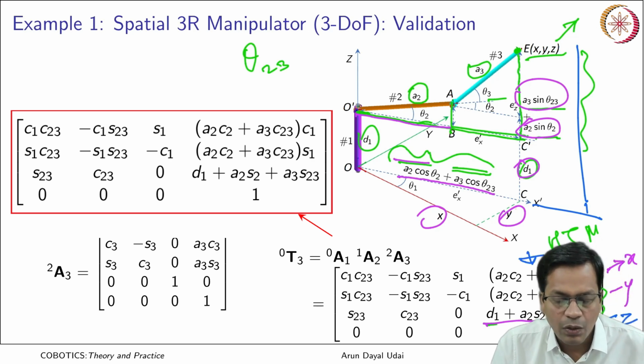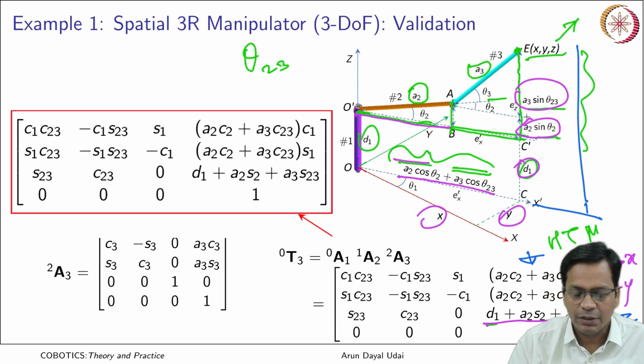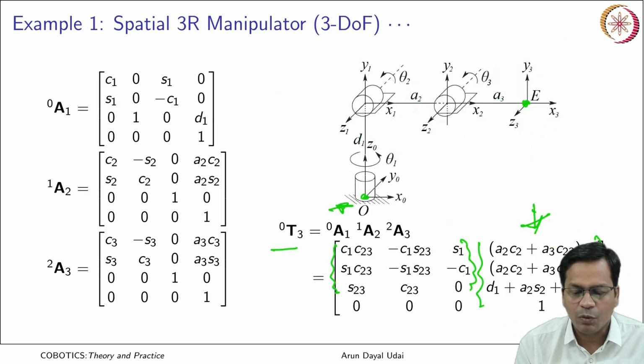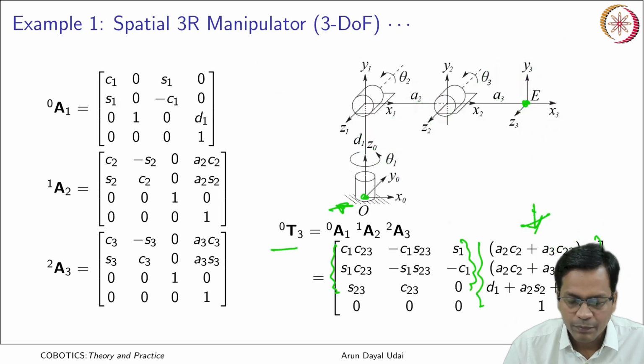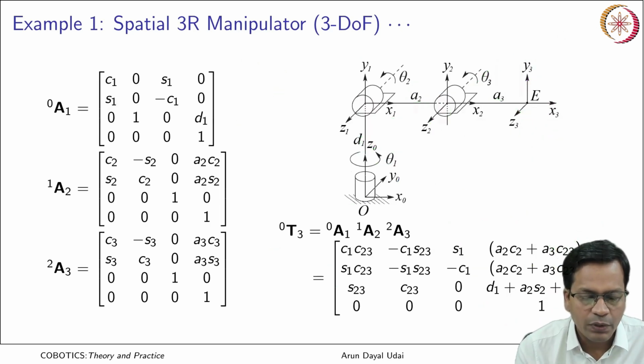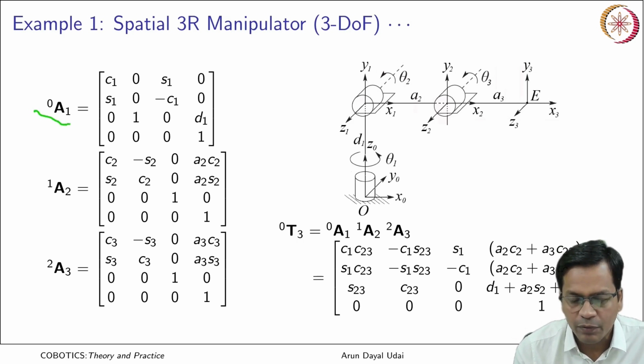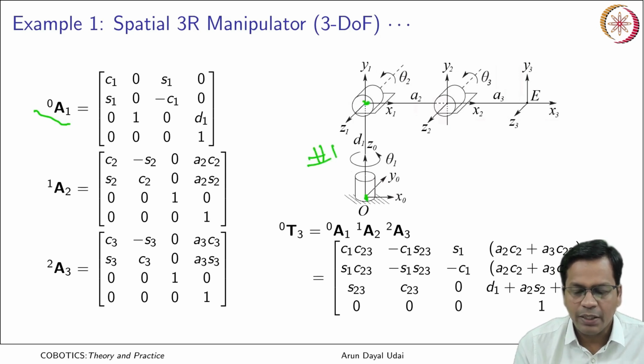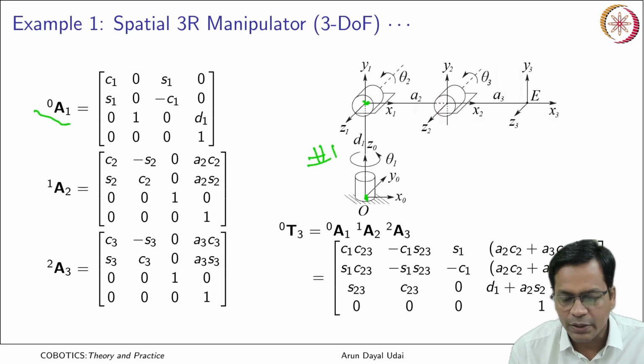Can we also calculate the orientation here? Okay, let me just check that. Is it possible as well? So let us go back to the previous figure here. So over here what you found is A01. Okay, what does it mean? It is the link transformation matrix 1, it takes you from this point to this point. Let us look at it from the top. How does it look?